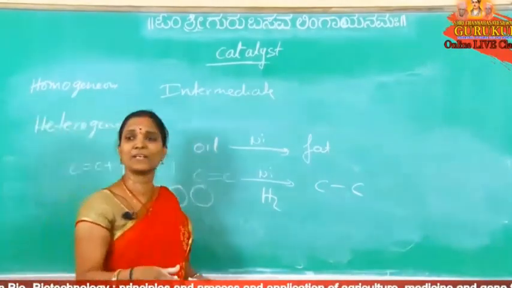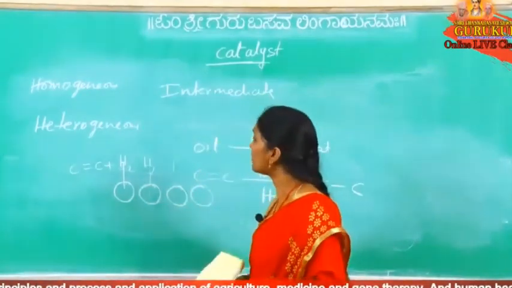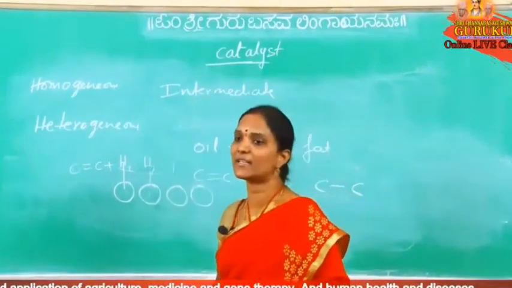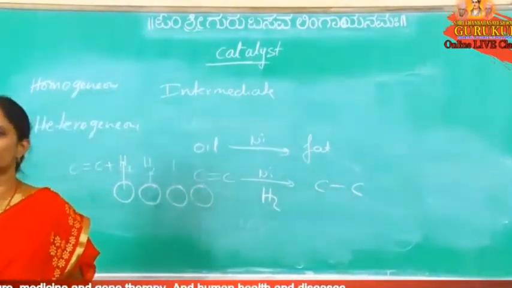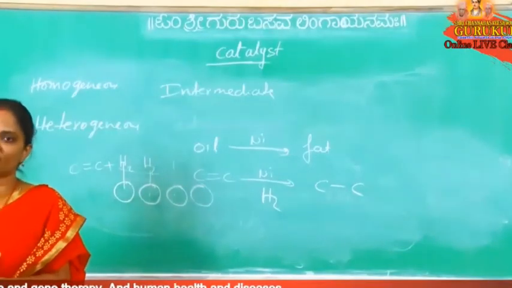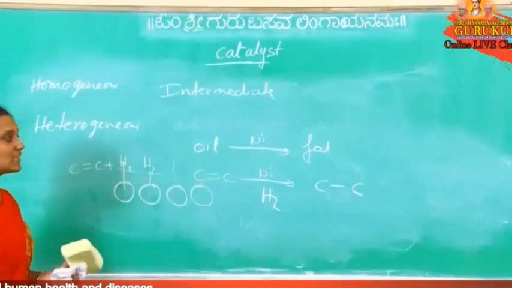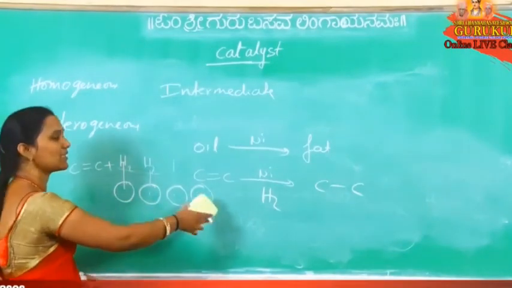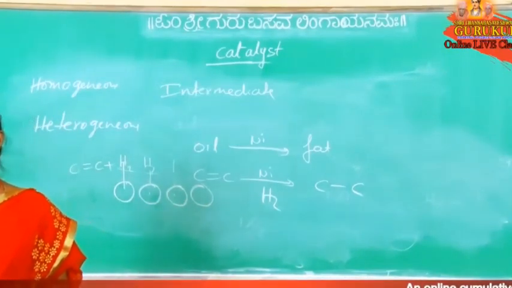But before that, what happened? This hydrogen adsorbed on the surface of the nickel catalyst. What is the principle involved here? Adsorption principle. So heterogeneous catalytic reactions occur based on the adsorption principle. One or two of the reactants adsorb on the surface of the catalyst. Then both react with each other and change to products. Larger surface area, more adsorption takes place. That is the mechanism of a homogeneous catalytic reaction and a heterogeneous catalytic reaction.